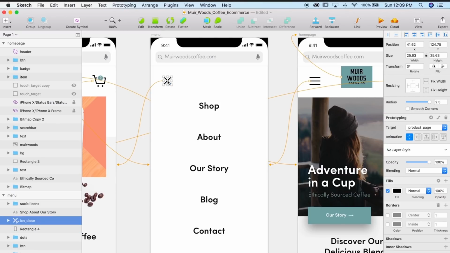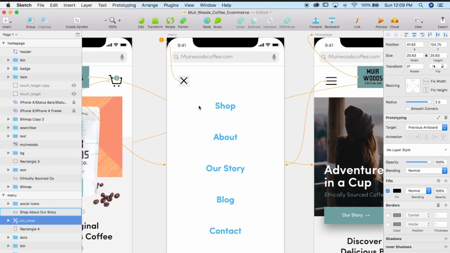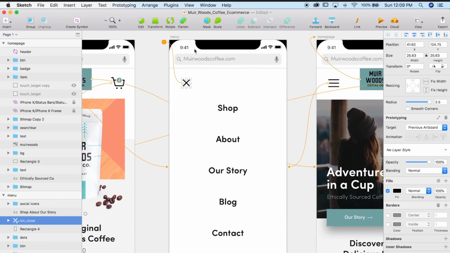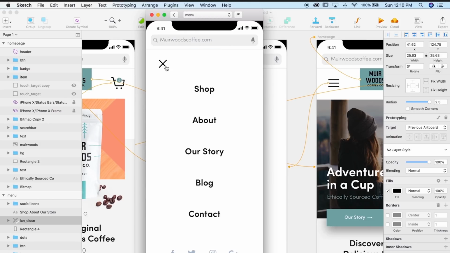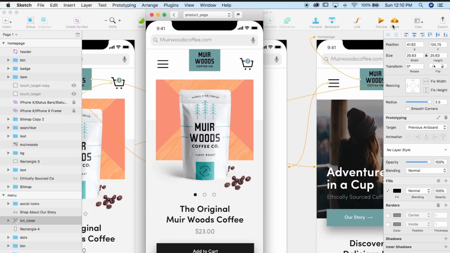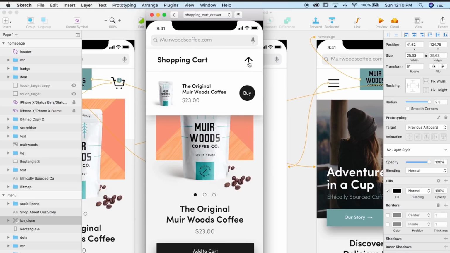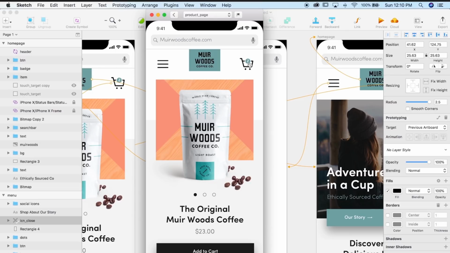Something that I actually just realized I didn't do is on this close button, instead of going back to just a particular page, you should just go back to your previous artboard. That way when you go back, you're actually going back to the page you were just on. So yeah, now you have a working prototype that is clean, has some animation transitions. You could upload this to the cloud with your phone and preview it on your device, actually have people touch and interact with this and really see how it'll live in the real world. So that's how I would go about my process of designing and prototyping in Sketch.